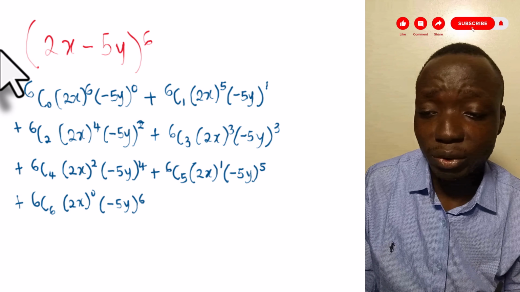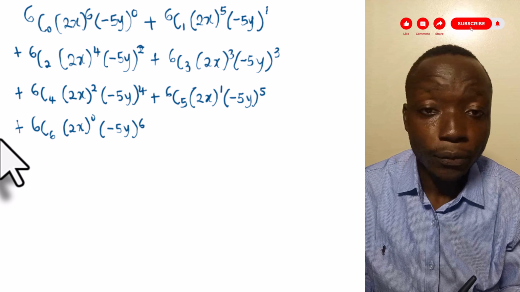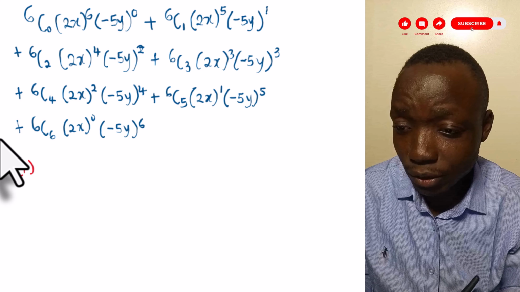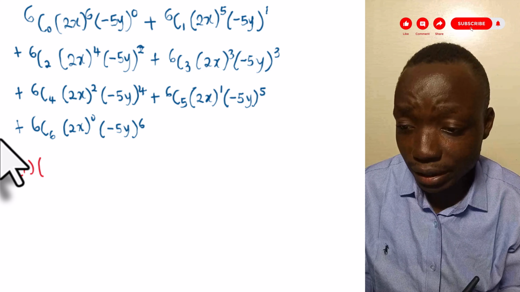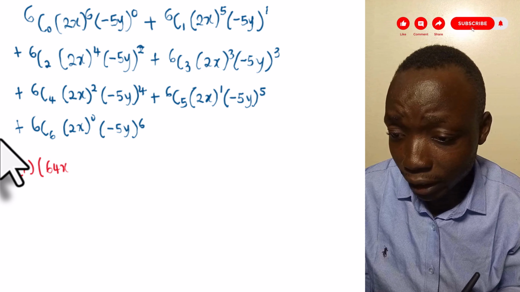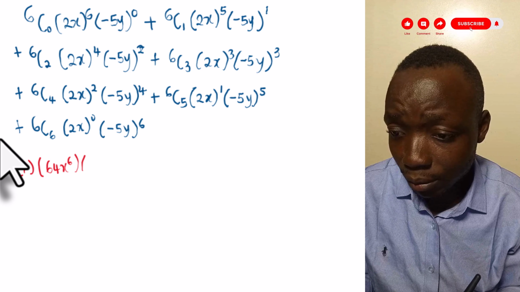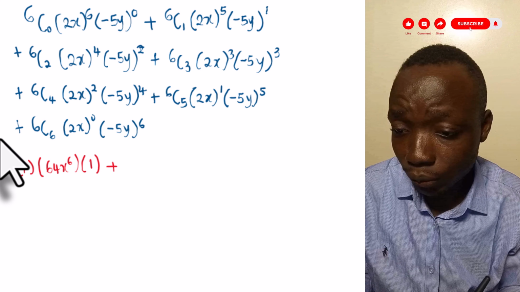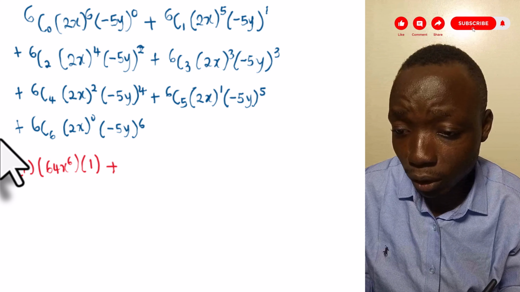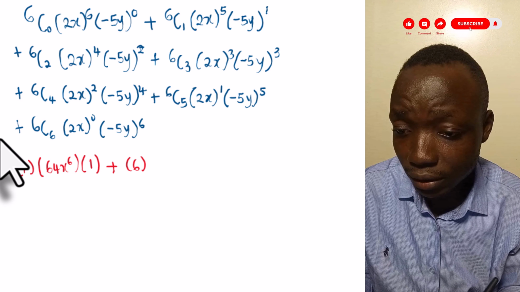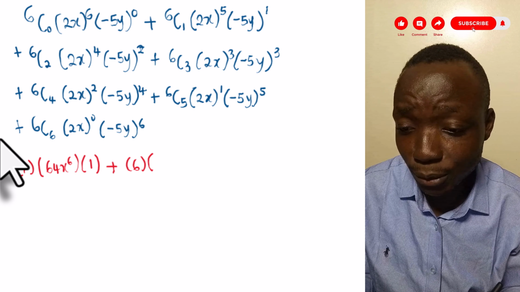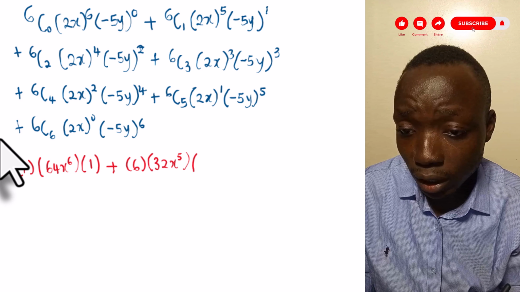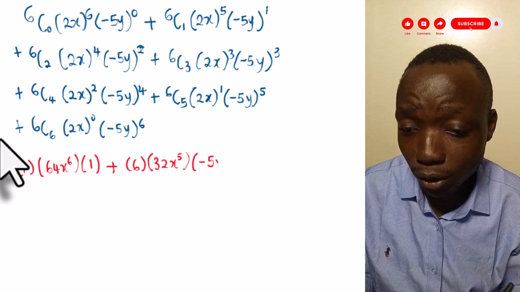So let's start simplifying right away. So here, 6 combination 0 is 1. So we have 1 times 2x raised to power 6, that's 64x raised to power 6, minus 5 raised to power 0 is simply 1, plus the second term, 6 combination 1 is 6, so we'll have 6, 2x raised to power 5 is 32x raised to power 5, and minus 5 raised to power 1 is just minus 5,